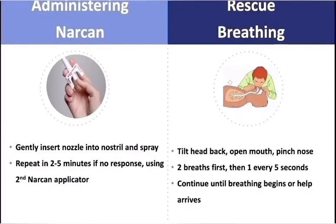To administer Narcan, gently insert the nozzle into one nostril and push on the plunger to release the spray. Narcan will still work even if the person isn't breathing. While waiting for a response to the first Narcan spray, assess whether the person is breathing, and if not, tilt their head back to clear their airway. Pinch their nose and breathe into their mouth. Begin with 2 breaths and then continue to breathe once every 5 seconds